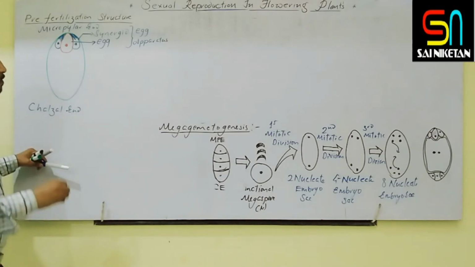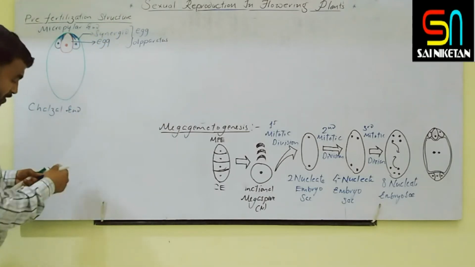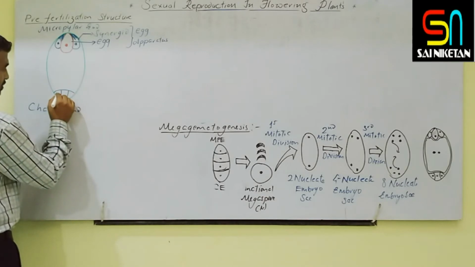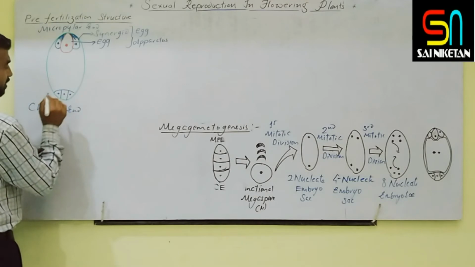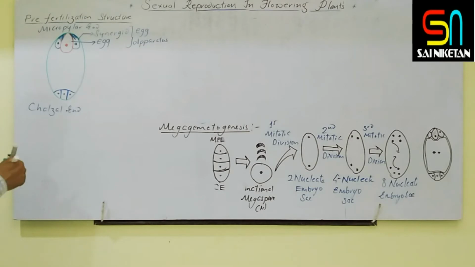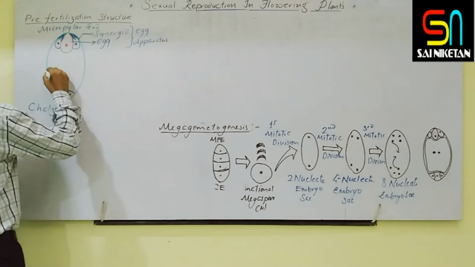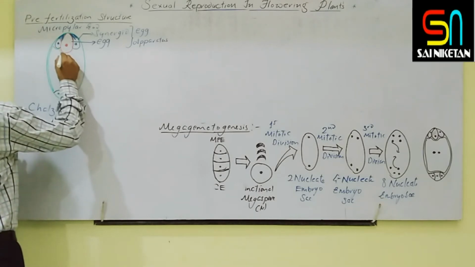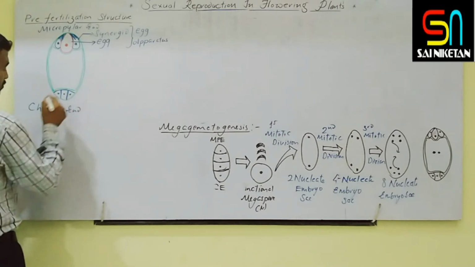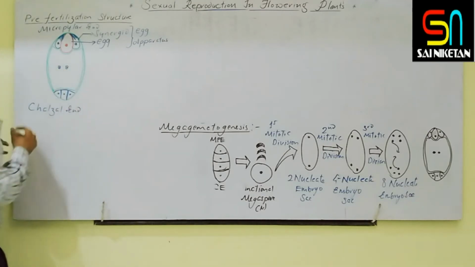So this is a 2-mark question. Name the cells which are present in the egg apparatus: 2 synergids and 1 egg. So towards the chalazal end, 3 cells are present. These are the antipodal cells. Every cell is again surrounded by a separate cell wall. Now in the center, one large cell is there. It has a separate plasma membrane, and in the central cell, 2 nuclei are present, which migrate from the 2 polar ends. So these are the polar nuclei.